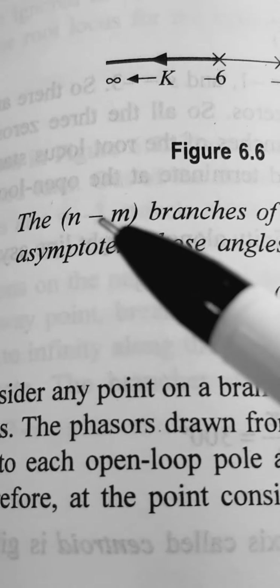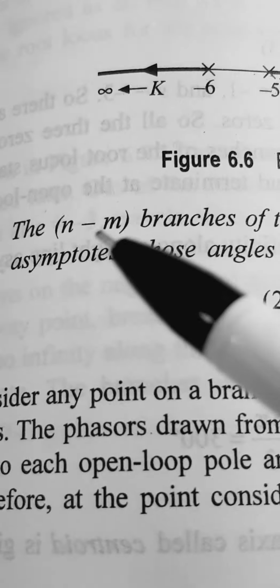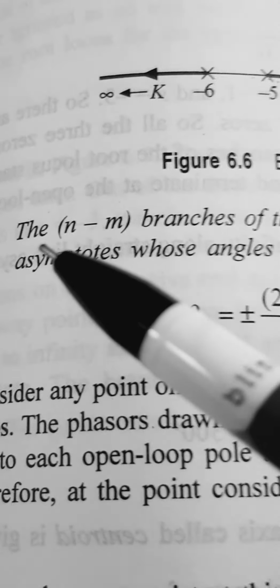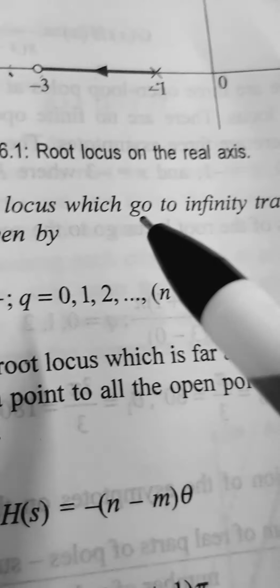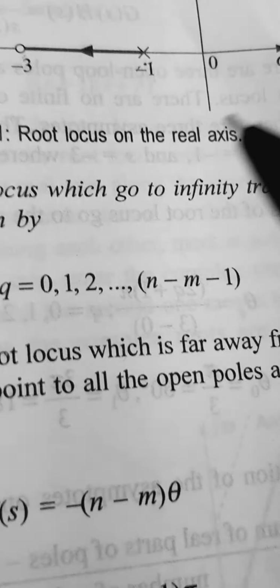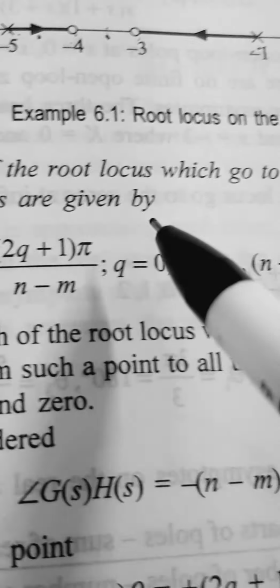The n minus m branches. N is the number of poles, m is the number of zeros. So this is rule number 4. The n minus m branches of the root locus which go to infinity travel along a straight line, asymptotes. Asymptotes whose angles are given by